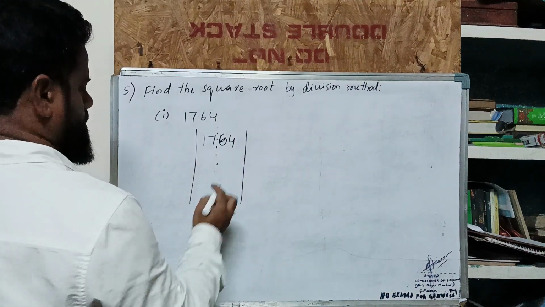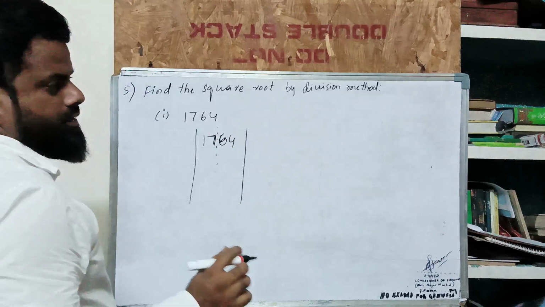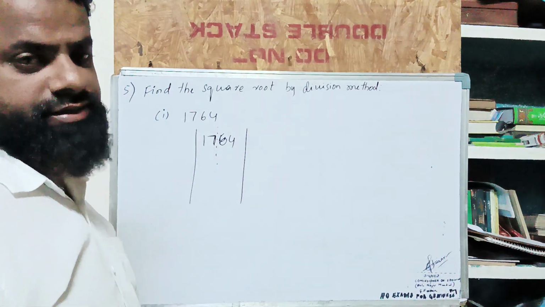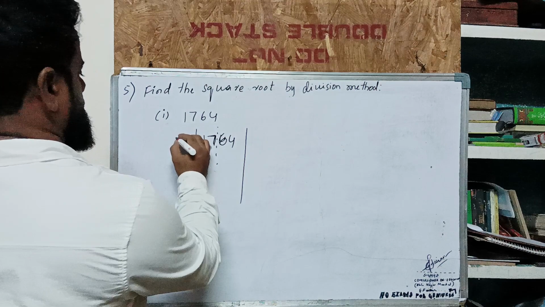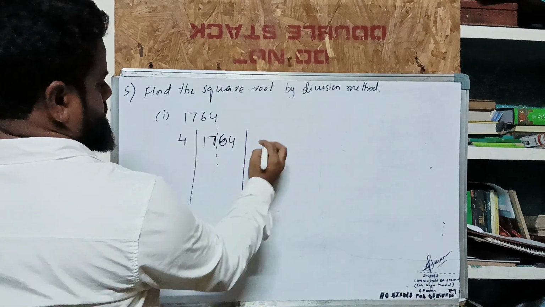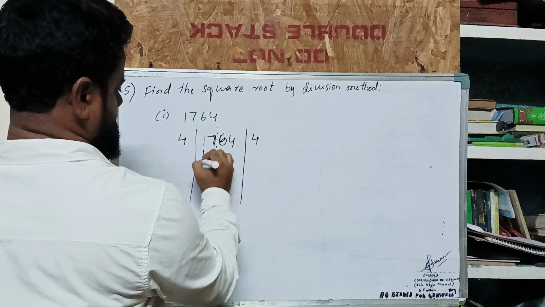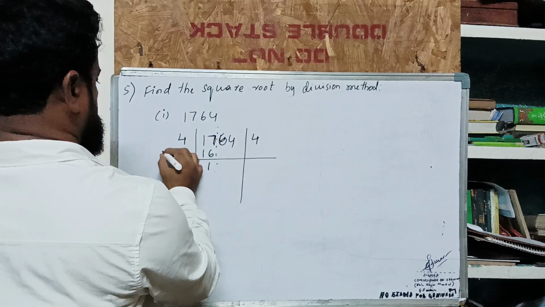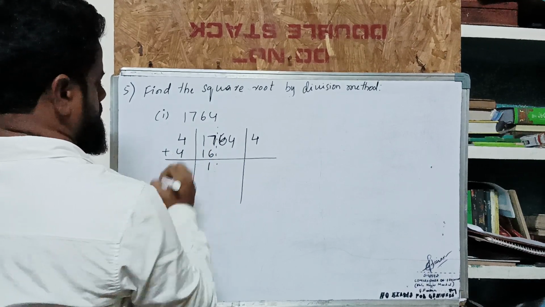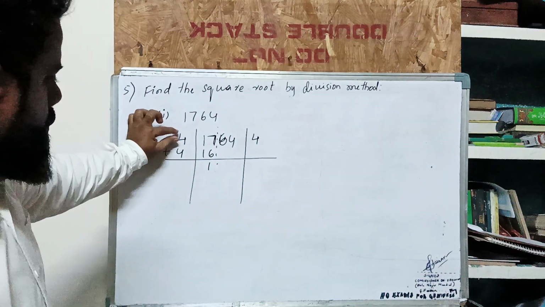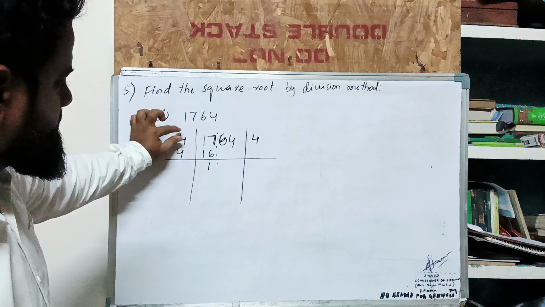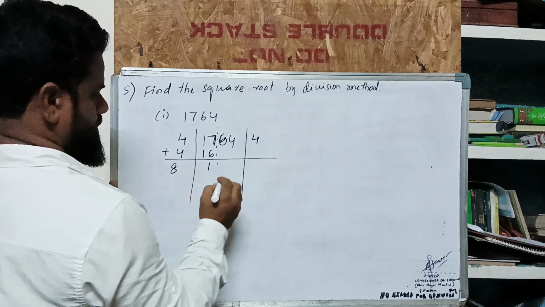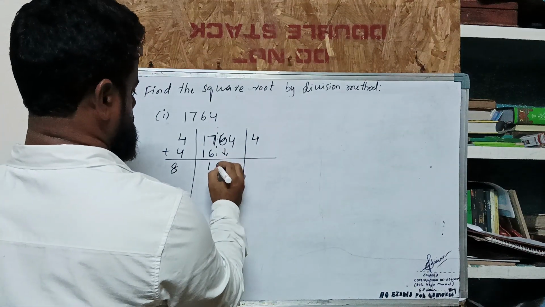So now what we have to do, we need to look for the nearest perfect square of 17. So the nearest perfect square of 17 is 16. So we need to go with the table of 4. So 4 4s are 16. So 17 minus 16 is 1, and we need to add up 4 to 4. Whatever number you are taking here, with the same number you have to add it. So 4 plus 4, it will be 8. Now bring the 64 down. This number will become